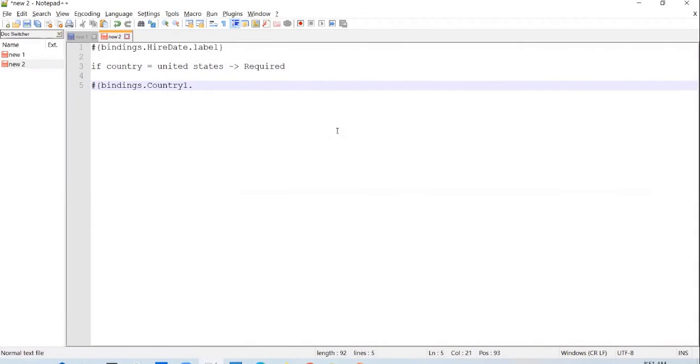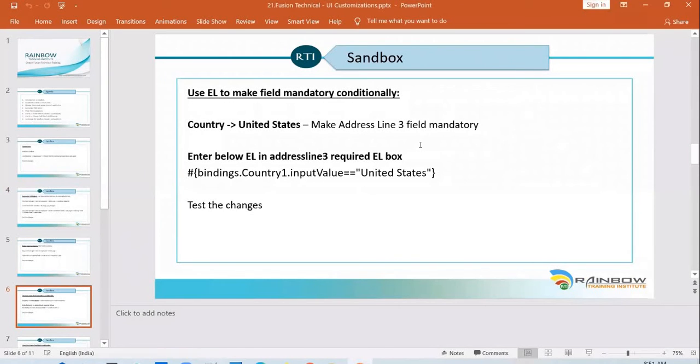paste it, close the curly brace, and here on the country1 field, I need to select what is the value entered by the user, and I can do it by using a dot input value equal to, to check if the value selected is United States or not. Okay, let me just verify the condition once.